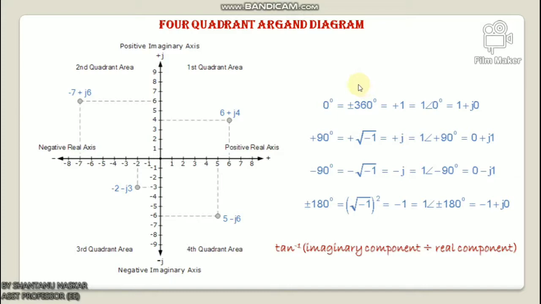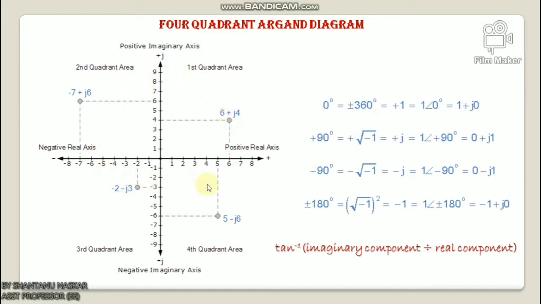On the Argand diagram, the horizontal axis represents all positive real numbers to the right of the vertical imaginary axis and all negative real numbers to the left of the vertical imaginary axis. All positive imaginary numbers are represented above the horizontal axis, while all negative imaginary numbers are below the imaginary axis. Okay, this then produces a two-dimensional complex plane with 4 distinct quadrants labeled quadrant 1, quadrant 2, quadrant 3